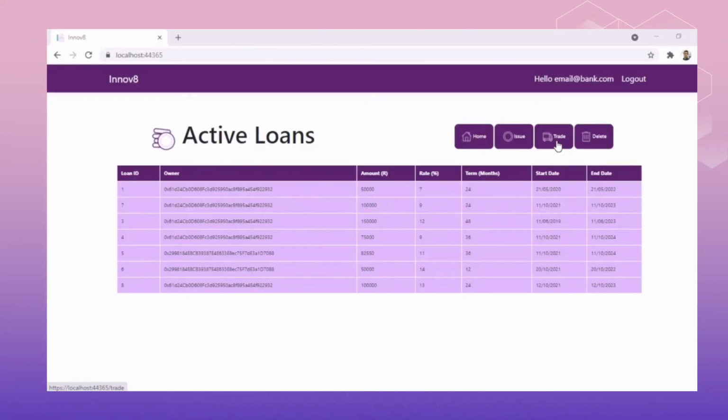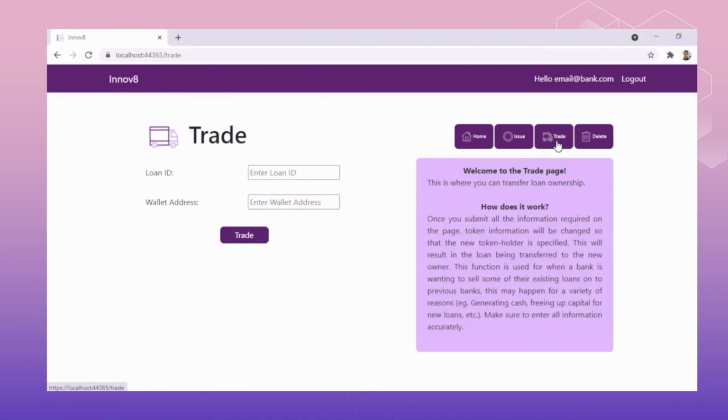Let's assume that after some time, the bank decides they want to sell one of their loans to a different bank. An agreement is made between the banks, and the bank can then send the loan to the new owner using the trade functionality. He clicks the trade button and is taken to the trade page. He enters the ID of the loan he wants to trade, let's say the newly generated loan with loan ID 8,